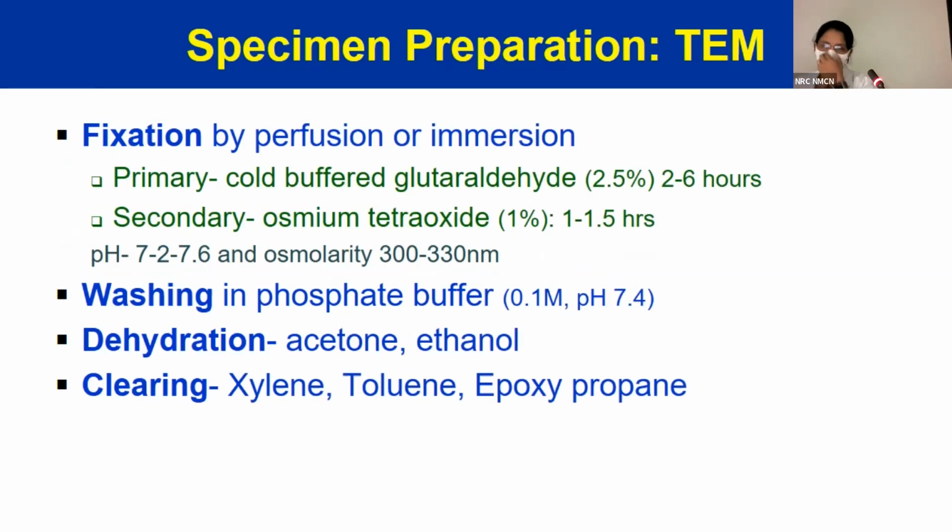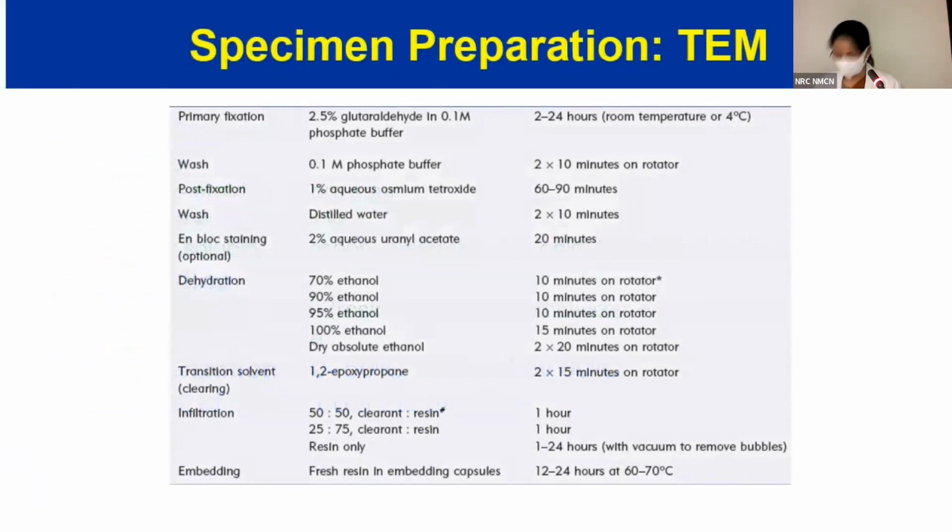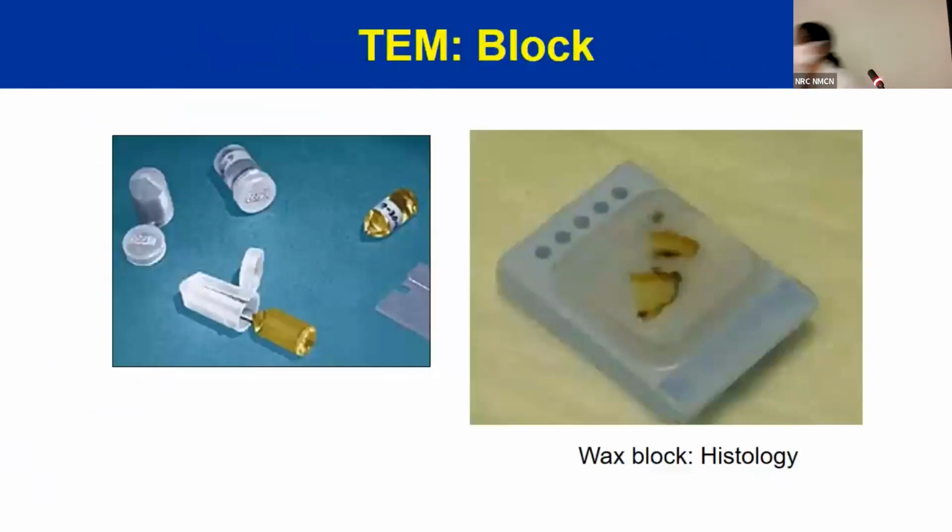Okay. So as I said, fixation is by glutaraldehyde. You also need a second fixation, that is by osmium tetroxide, and the steps are almost similar to what you have for light microscopy. Resin is used for it. As I said, what were you using for light microscopy? Resin. And then you embed, polymerize. These are the steps. So just to compare, this is how a block for electron microscopy looks like, and